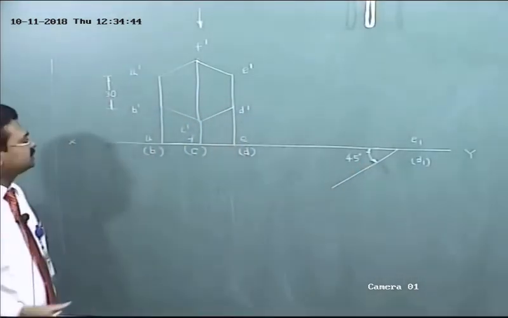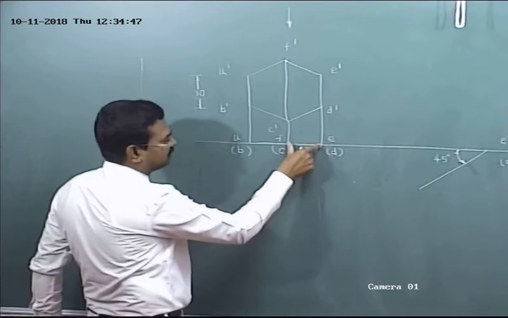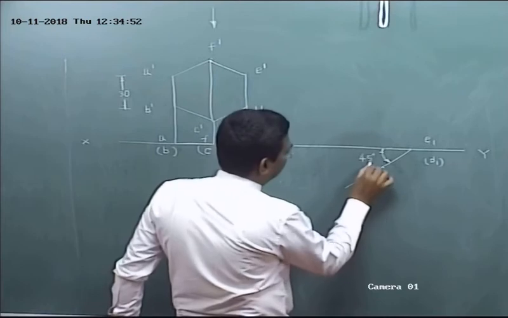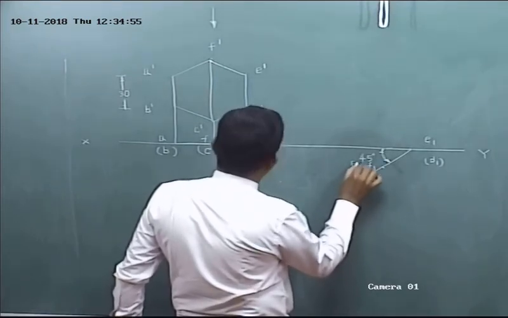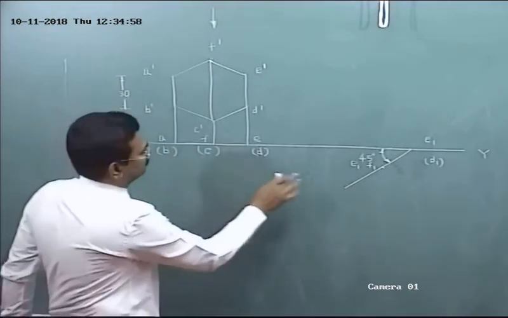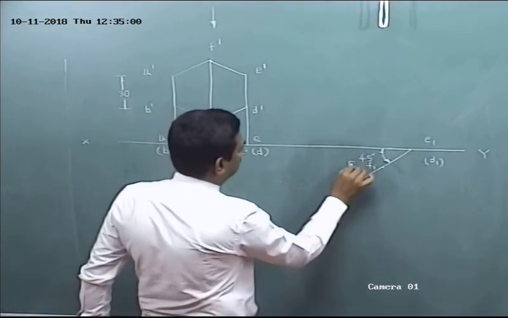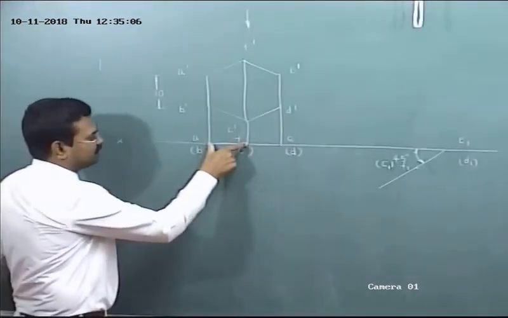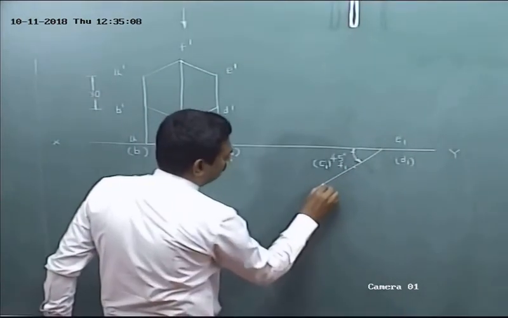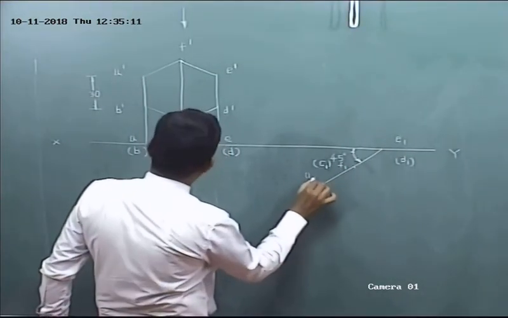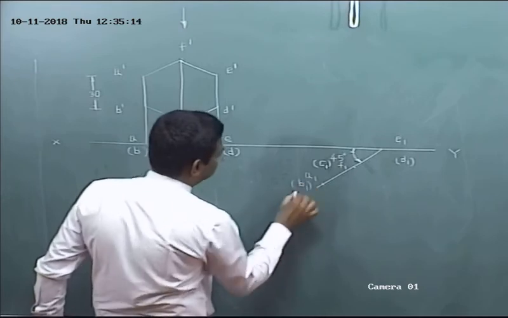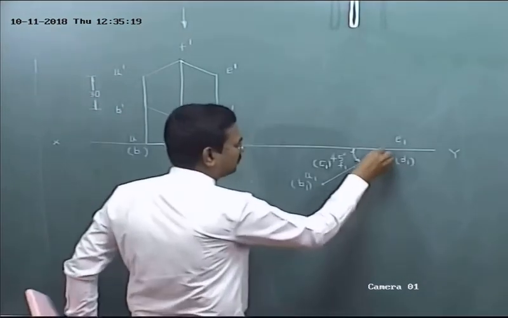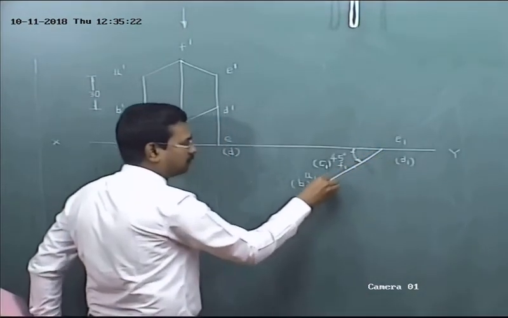Okay. So by using compass, measure the distance of F from E, transfer here. What is this? F1 and C1. C1 invisible. By using compass, measure the distance of A from F, transfer here. A1 visible, B1 invisible. Then erase unwanted lines. So you have to darken this. This is the required top view.